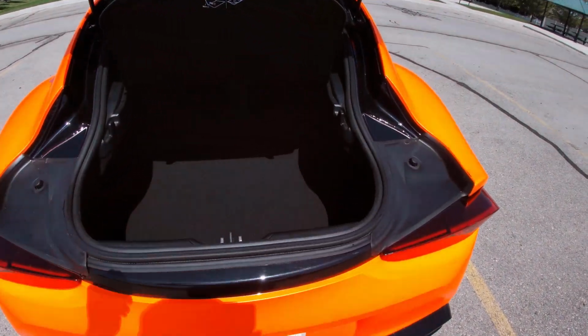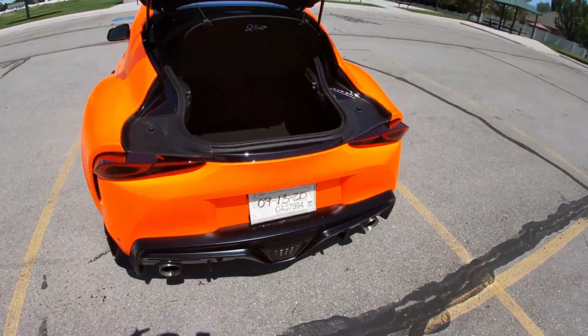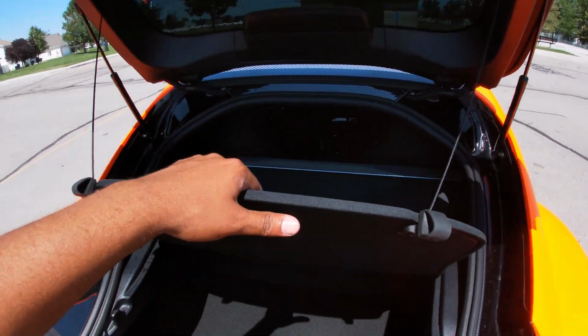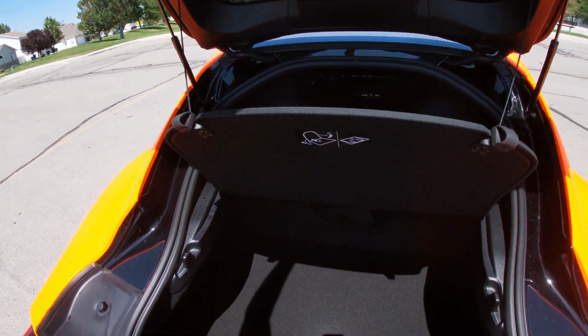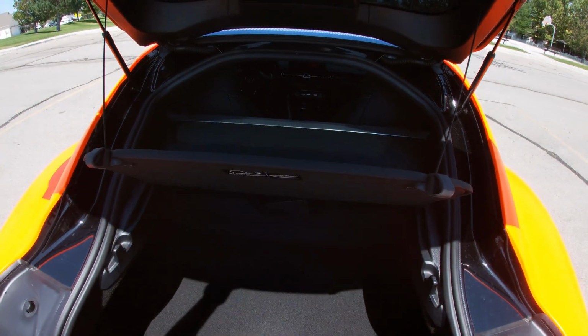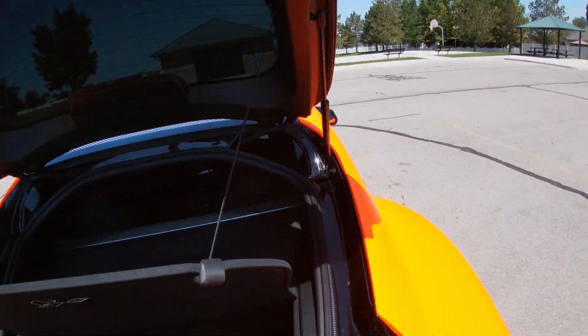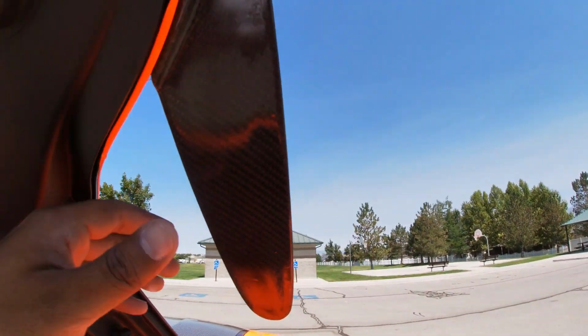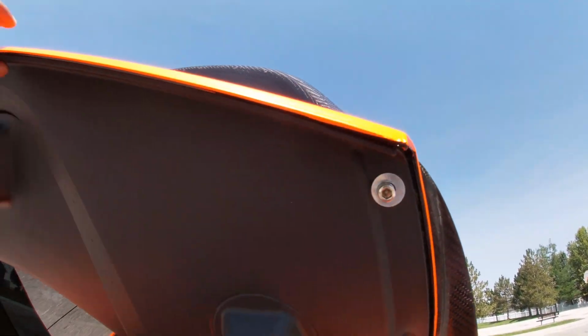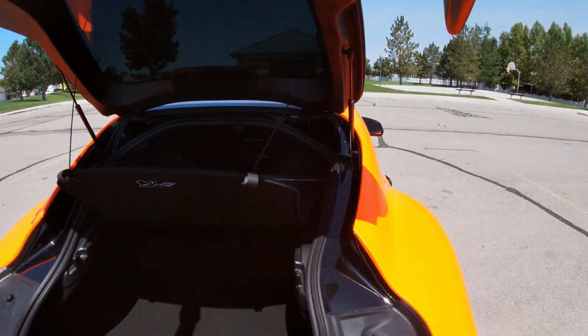Neat car. Anyways, yeah, it's pretty small back here, not too bad, but I mean, this is a sports car. You don't need luggage space, and it's cool that it has this trunk thing, so when you have stuff back here, you're not getting it stolen because no one can look at it. But yeah, you can see where it's drilled in right here for the wing, which is really, really sweet. That real carbon fiber, super sweet wing. And yeah,